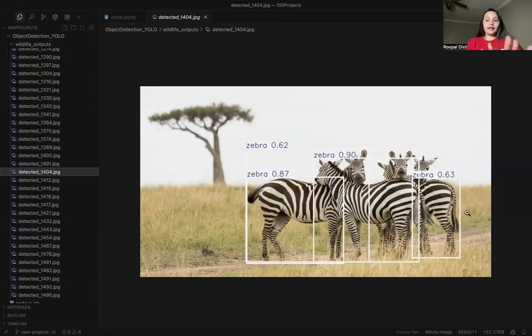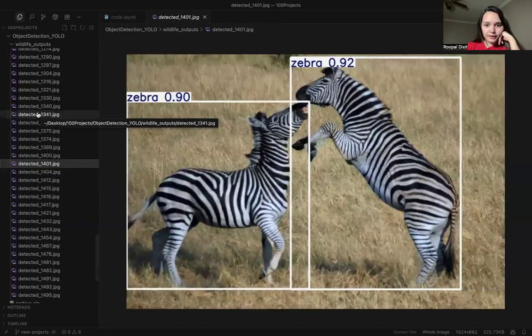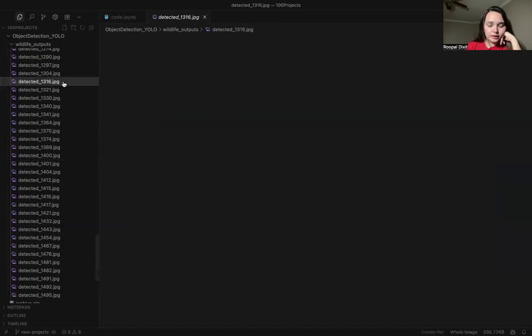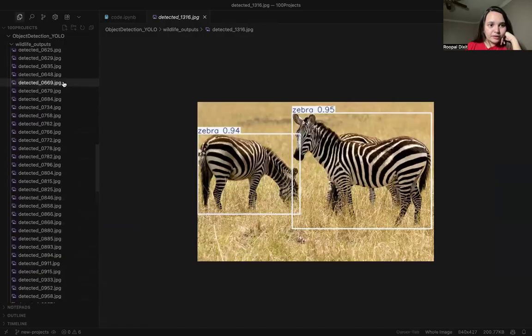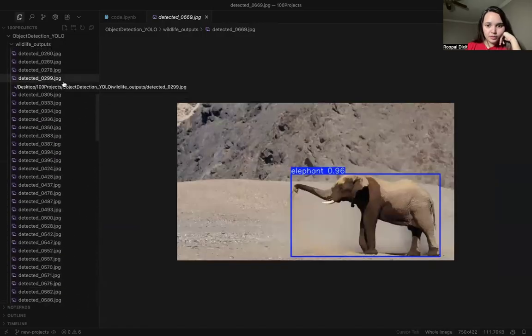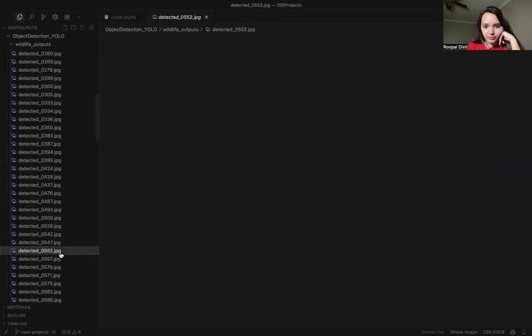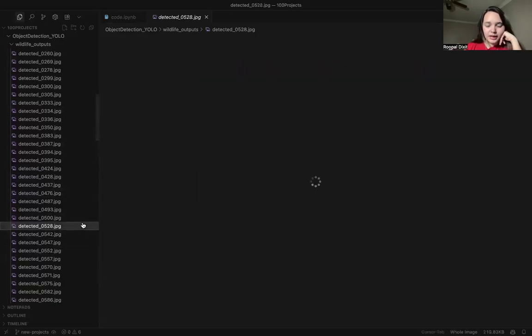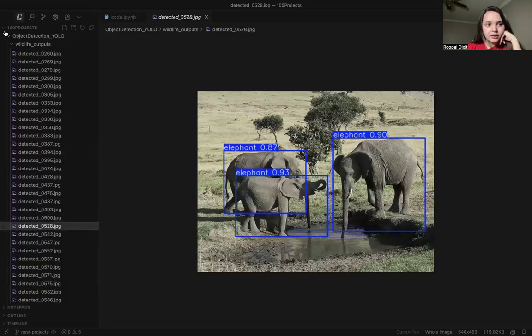But you can see that it was able to detect the number of zebras, and it was able to detect five of them with their bounding boxes also. Okay, see, three zebras are there. I don't know where, okay, I came very far. Okay, elephant, that's good. I am near elephants. Maybe I can find two to three elephants. Okay, elephant, elephant, and a person. So it is able to identify a person as well. Three elephants are there.